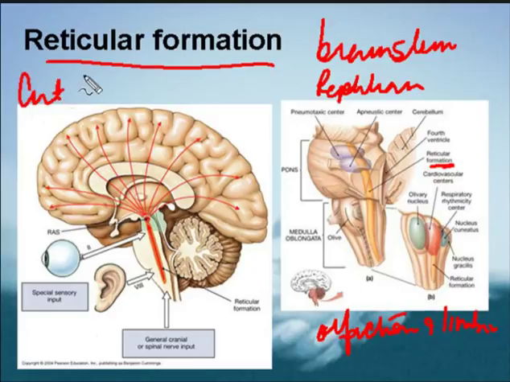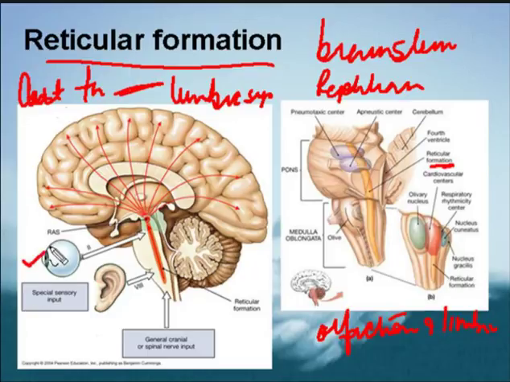and in humans it is of prime importance in autonomic and reflex activities, and is linked to the limbic system. You can see how it passes all the way through. What it does is integrate the activity from different afferent areas. You can see it is getting input from the eye, from hearing, from the spinal cord. All of this goes to the reticular formation. Now it integrates this information, then it sends it in an ascending tract,